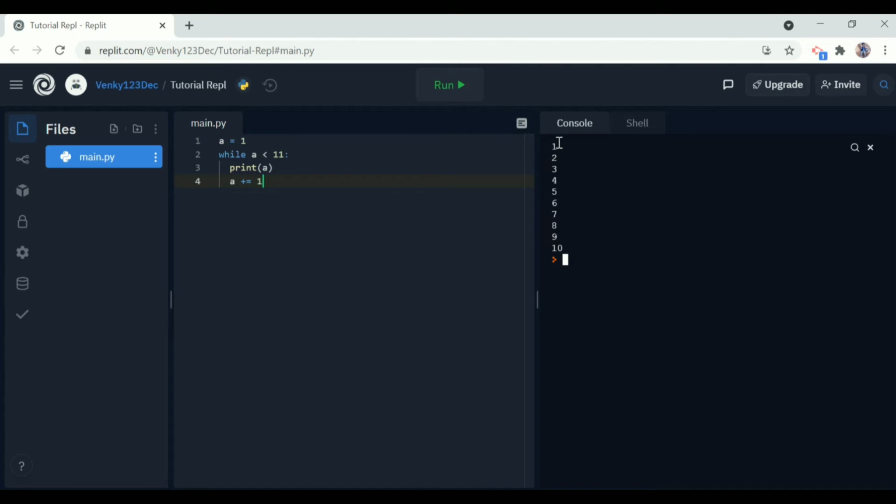You can see that it printed 1, 2, 3, 4, 5, 6, 7, 8, 9, 10. If we understand the code clearly, first it defines the variable a and then checks whether a is lesser than 11.